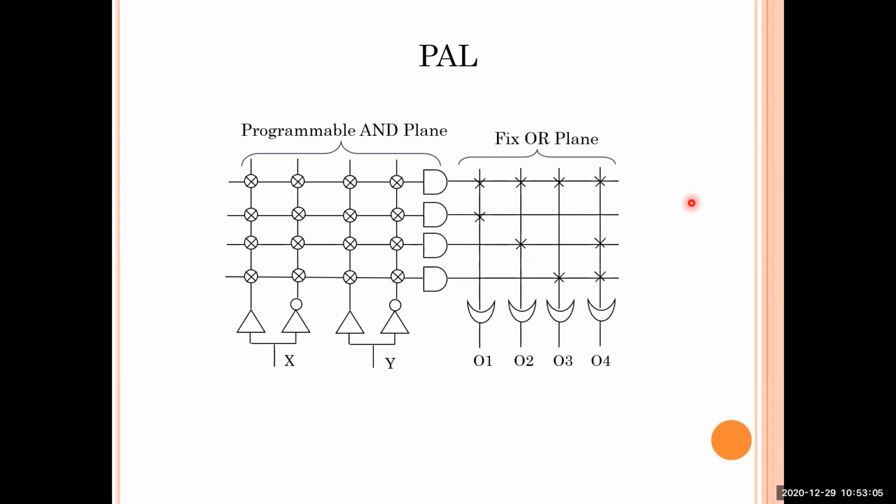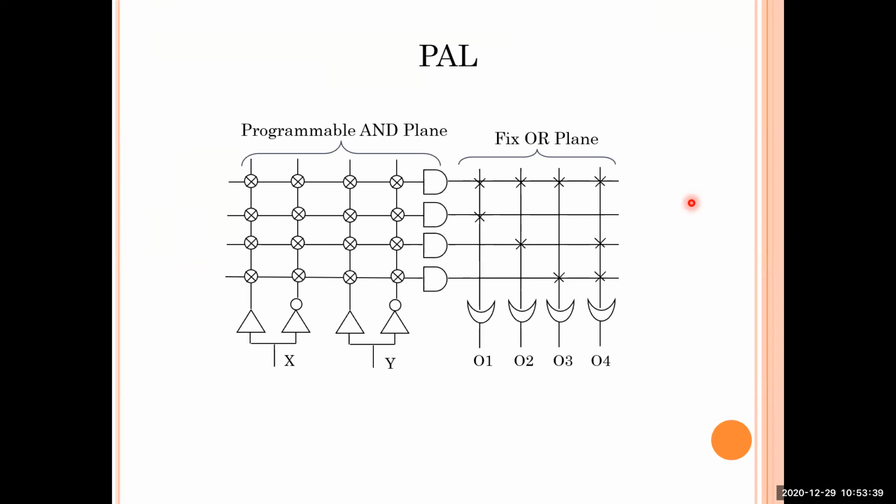And devices like PALs are now able to implement a large number of logic functions, including the clocked sequential logic which is needed for state machines. You might have studied finite state machines in your digital logic course. In digital electronics, we study FSMs. FSMs require sequential clocked circuits, so for designing or implementing finite state machines,